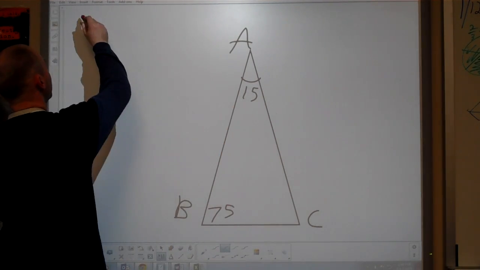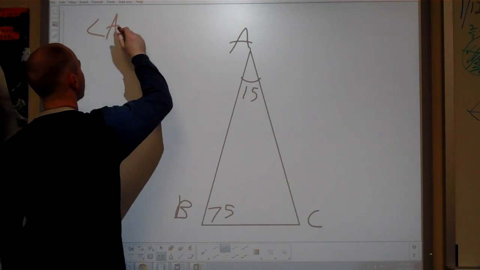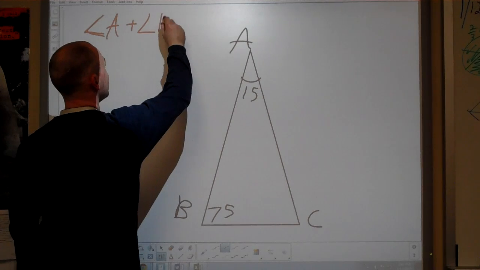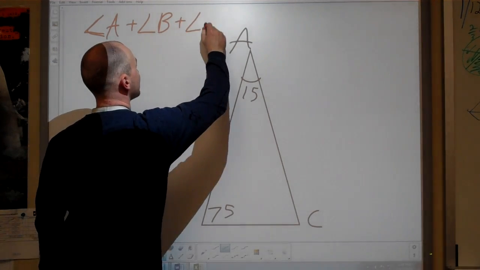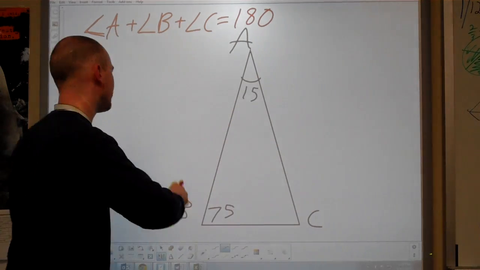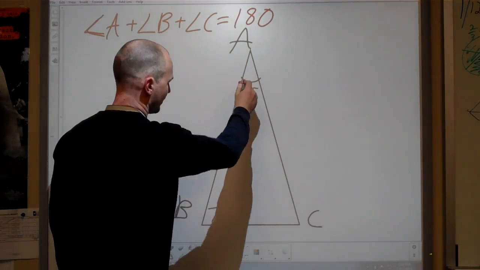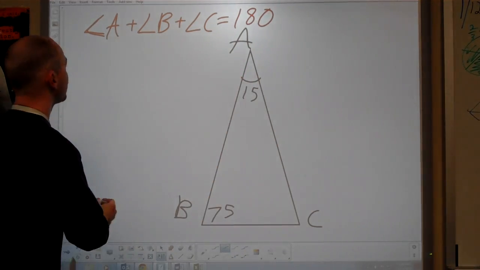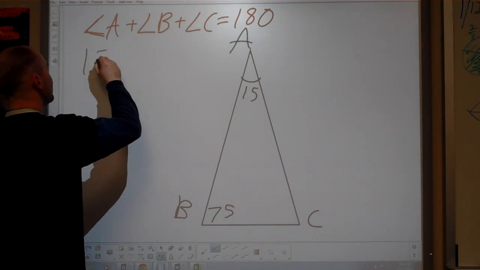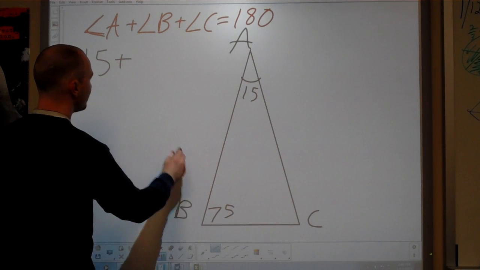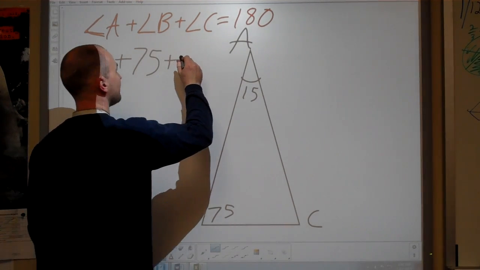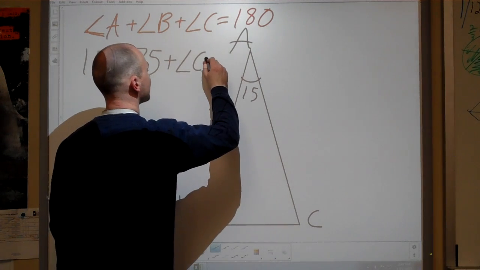So what I've got, I know angle A plus angle B plus angle C equals 180 degrees. Any triangle equals 180 degrees if you add up the interior angles. So I'm going to substitute what I know. I know angle A is 15 degrees, and I know angle B is 75 degrees. So 15 plus 75 plus whatever angle C is equals